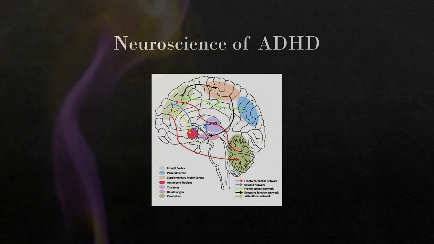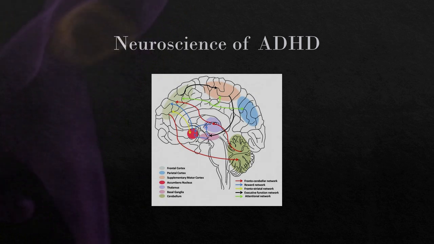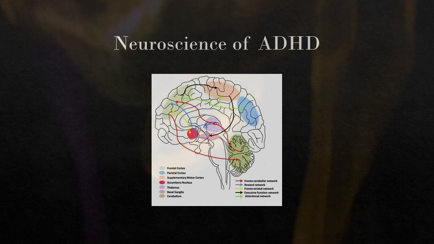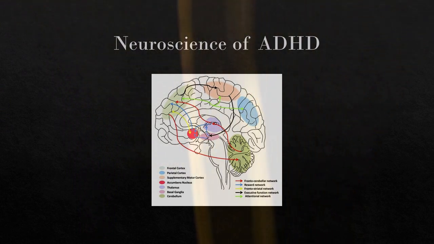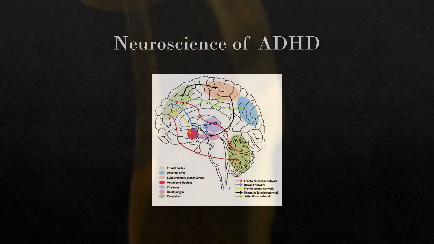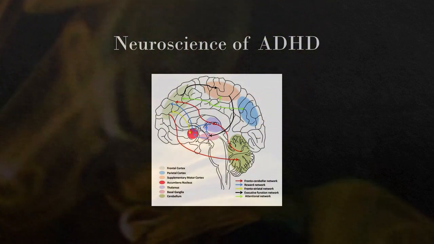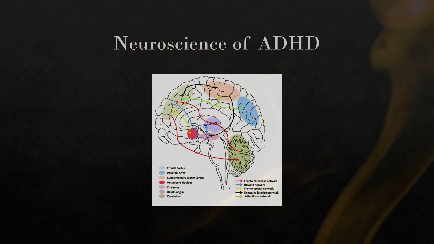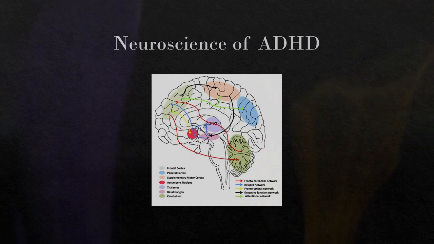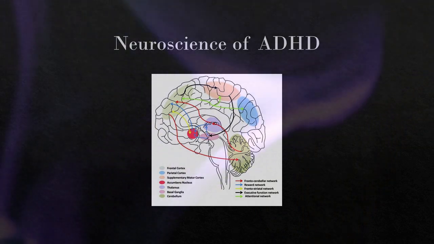Now, of course, there are some subcortical areas as well that tie in with this. This is the basal ganglia, which is a set of subcortical structures that play a role in motor control, and that's going to be linked to the hyperactivity component of ADHD, because there can often be dysregulation in this area that contributes to the sense of restlessness, as well as some of the impulsive characteristics of the disorder.